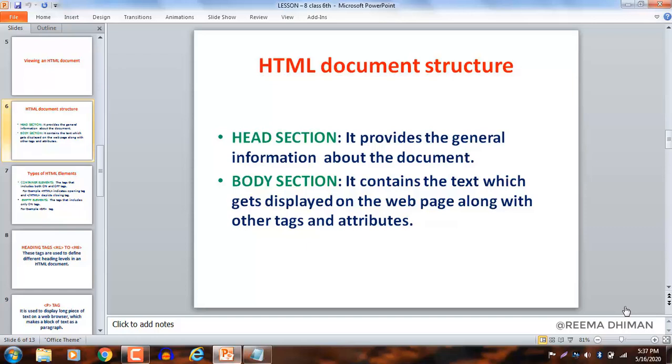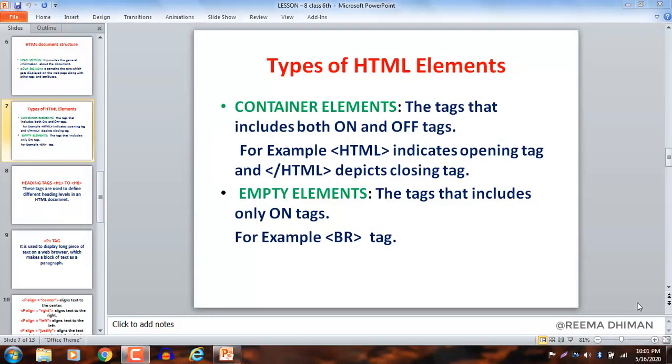Or simply you can say, except the head section, if you want to write a text, apply some sort of formatting on that text, clear, and you want to apply some sort of controls, clear, then you all have to give it in the body section. So in the head section you can only give the headings, titles, etc. So in the body section you will use the other formatting tools. Clear? So this is the basic HTML document structure.